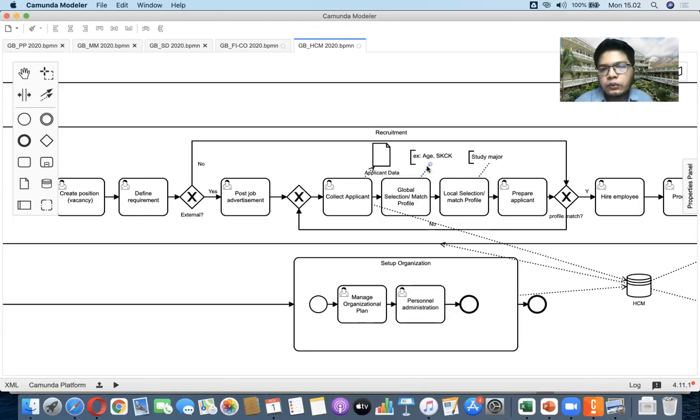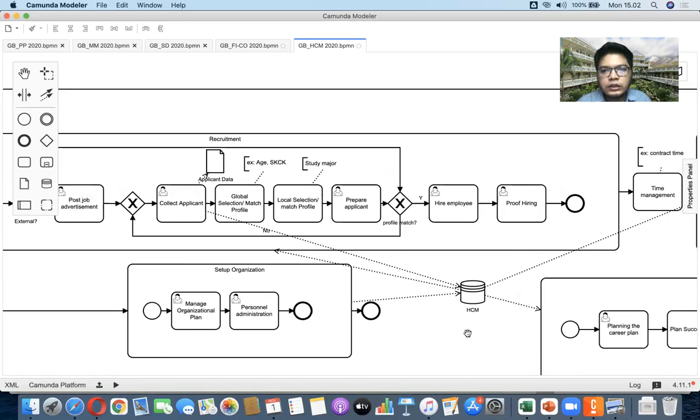Global selection covers age and history, while the local selection is close to the function, the role they will do, so it relates to study major, etc. And then prepare applicant. So collect applicant, it will be saved in the HCM database.